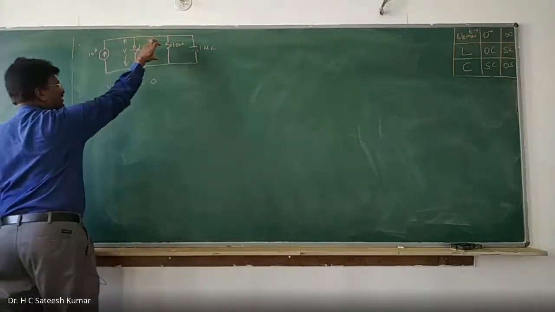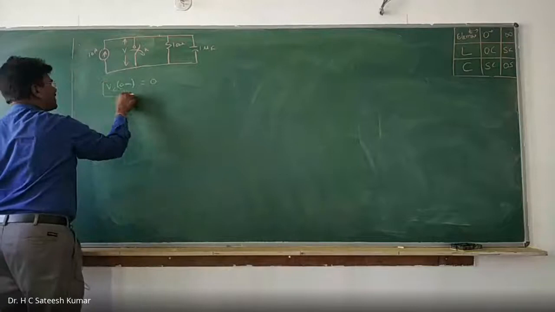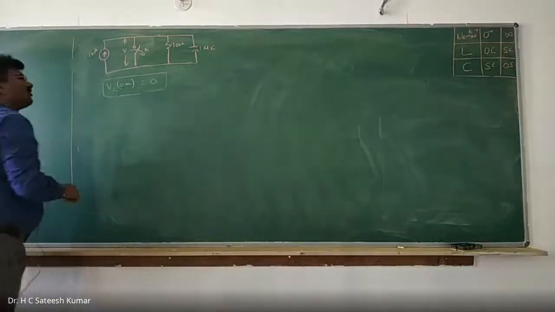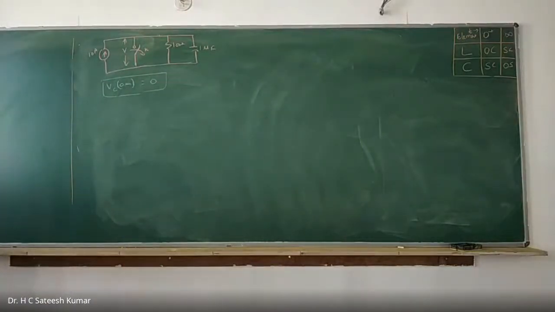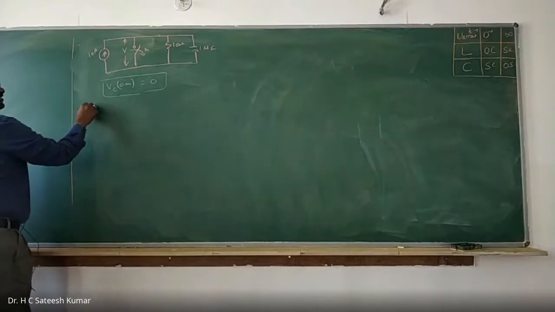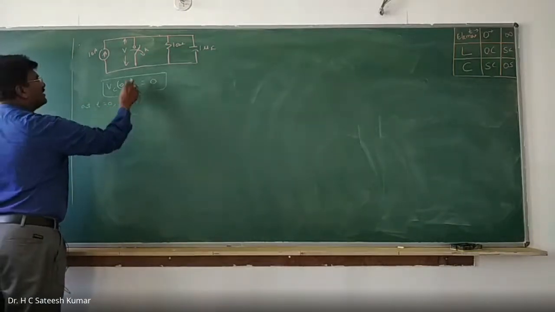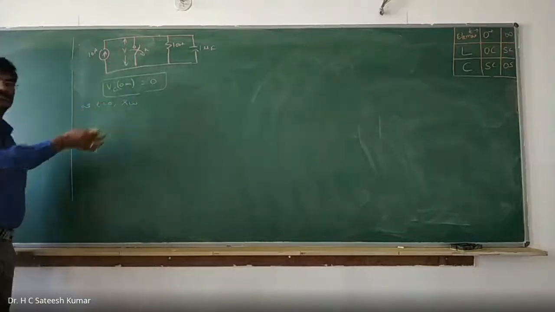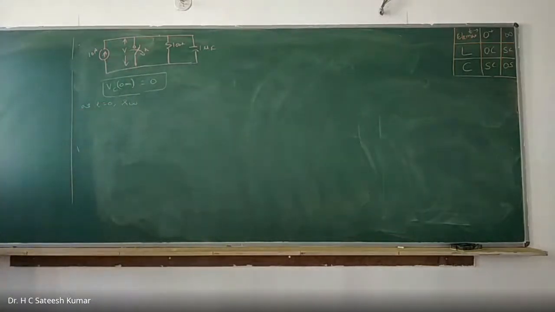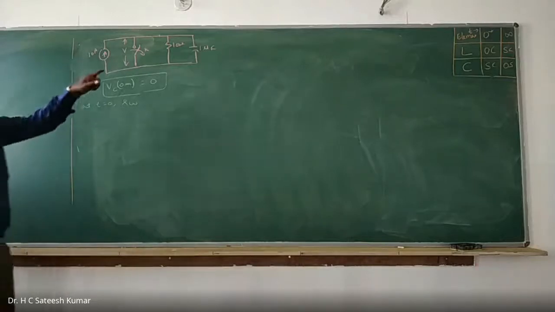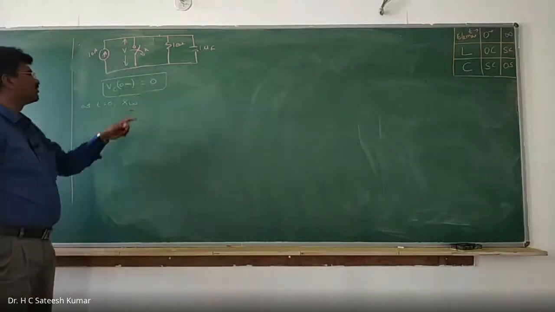Voltage across the resistor as well as the capacitor, but we need the capacitor. So therefore, VC at 0 minus is 0. Now, at t is equal to 0, the switch is opened. Initially this is an opening switch. Earlier cases we had a two-way switch, and before that a closing switch. Closing switch means initially it is open and it is going to close. Now initially it is closed and it is opening, so this is an opening switch.